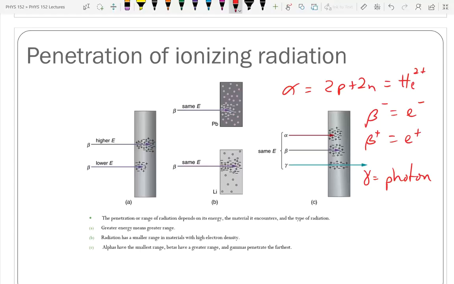So let's take uranium. Uranium has 92 protons, and depending on which isotope you're looking at, either a total of 235 or 238 things in the nucleus. So you take that 235 or 238, subtract the 92, and that tells you how many neutrons. It has a lot of protons and a lot of neutrons in the nucleus and nothing else. The nucleus has only protons and neutrons. And so if I have an alpha decay, I had 2 protons and 2 neutrons from the nucleus that broke apart and left as one unit. Does that seem reasonable? Does it seem like something that can happen?